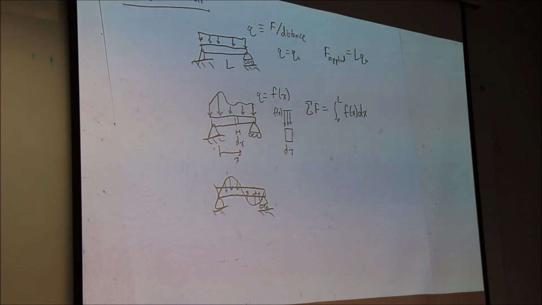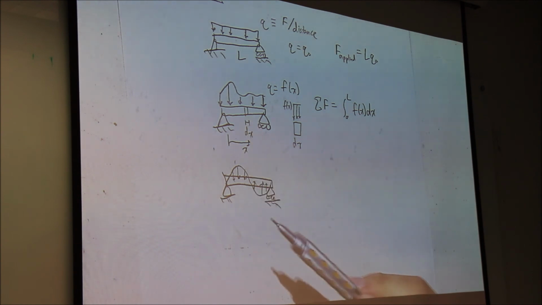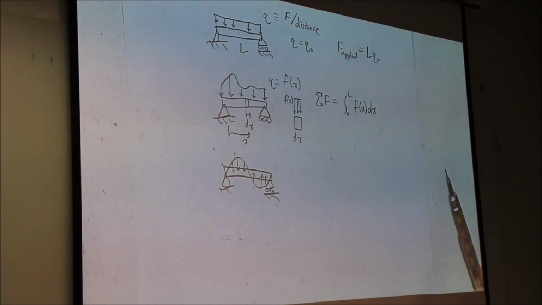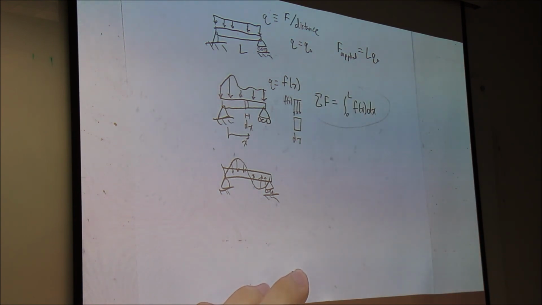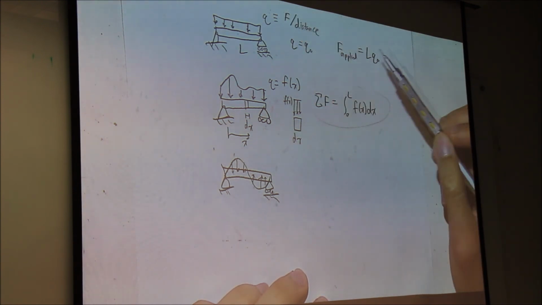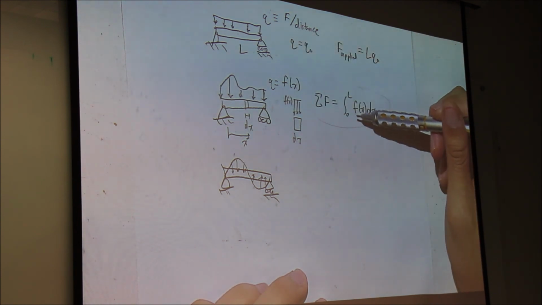And I realize this might be some of your first introduction as to how mechanical engineers do calculus and apply calculus to the real world. A lot of times it involves us looking at a really small bit of the material, calling it some differential element, in this case dx, and doing math to that small thing with linear approximations, and it all works out in the end somehow. This is for what the forces are. That's all fine and dandy. If we go back here, f of x is equal to q naught. If we integrate q naught over dx, it's just going to be q naught L, right?